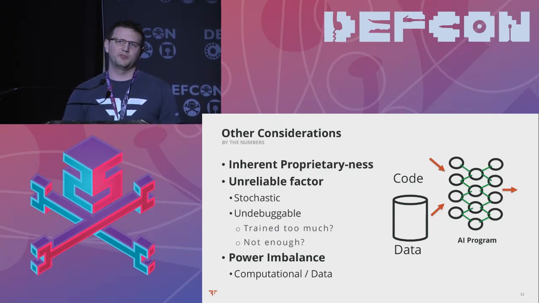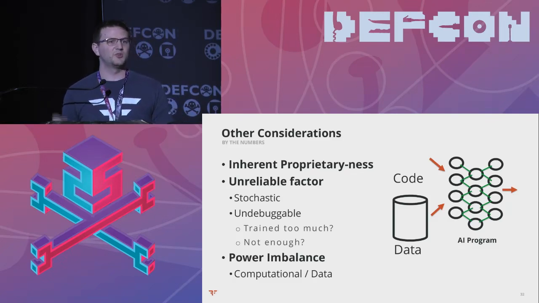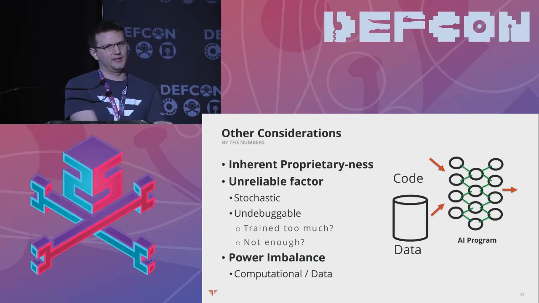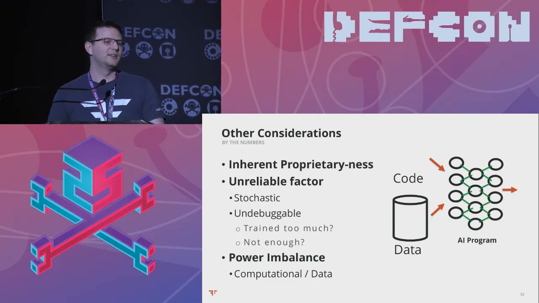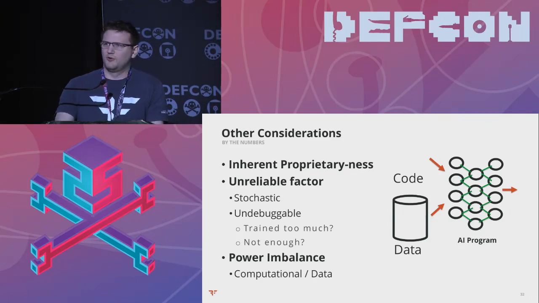Right. Also, if you're the sort of person who cares about free and open source software, this should also sort of worry you in that the program behavior is not debuggable. It's not reversible to any original form. Even if you're given the entire set of data that the person trained and the source code to it, you can't combine them to create the same program. It's just stochastic, which is fancy math terms for random. And so that's also an inherent problem. So what does it even mean to have an open source AI program? We should start having a conversation about that.